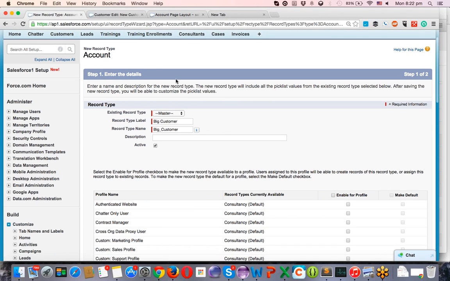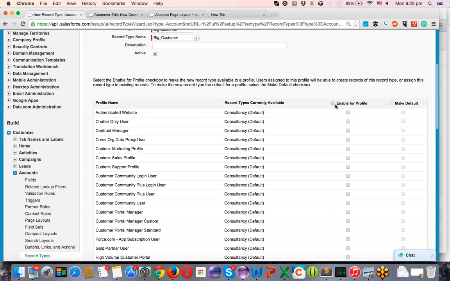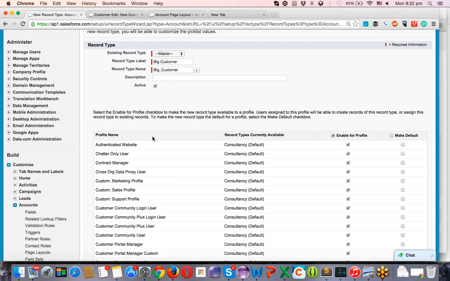Don't be confused, I changed the name of accounts to customers. It's simply the label. See, and enable this profile to all profile users, means all these profile users can see this. Okay, and see, the default option is here. If I'm making this default option, okay, means all these profile users, when they log into application, when they are